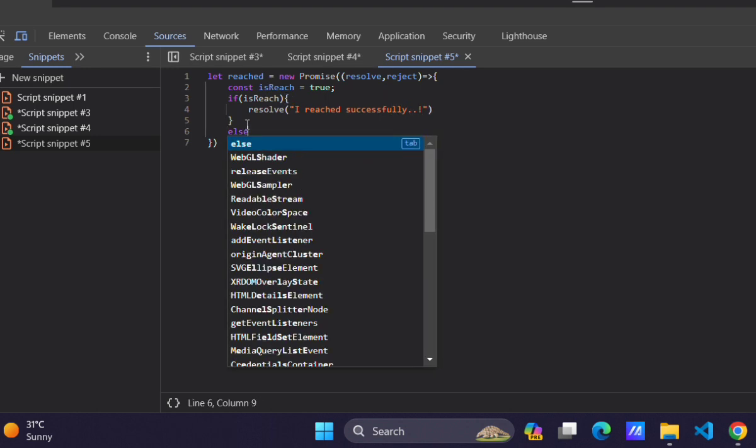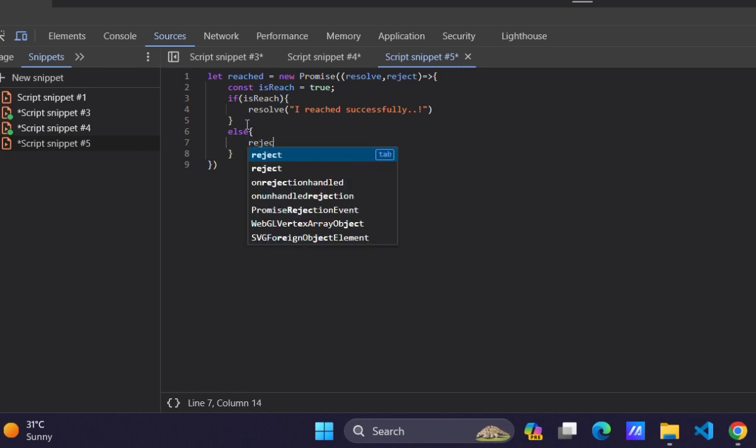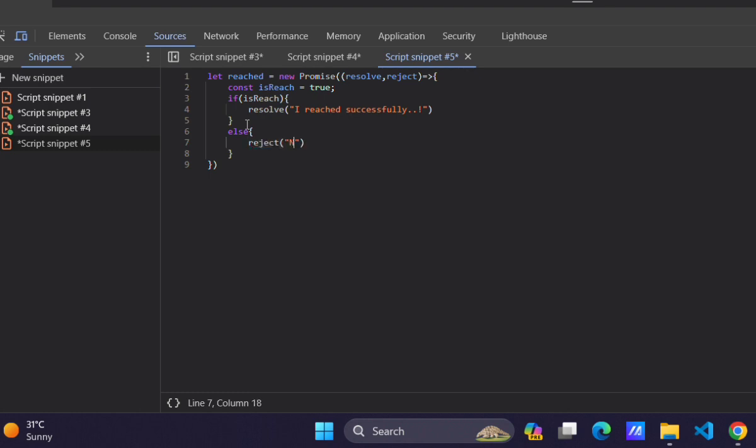Or else you can write reject, like this. Okay. Now after that, just get that variable, then